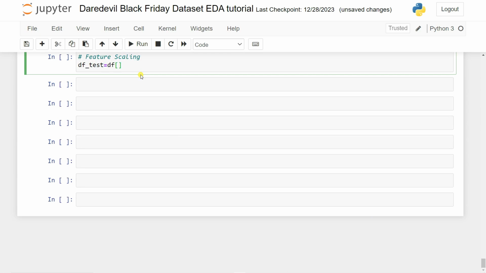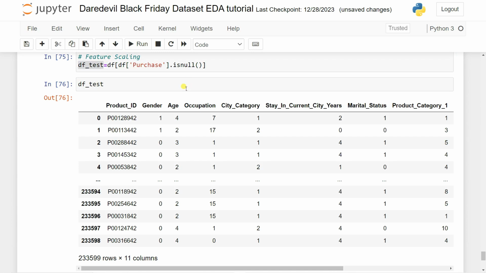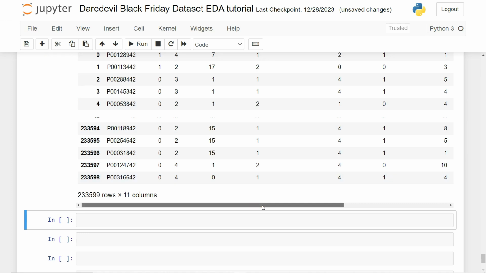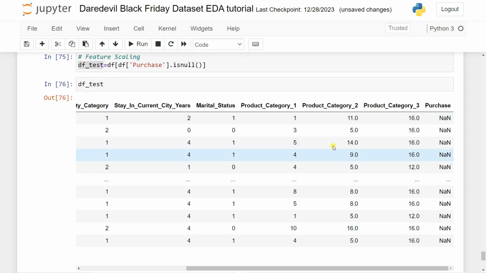So let's say df, and I have to pass in here my df of purchase. So purchase, and let's check for the is null. Let's say is null. Is there any null value or not? Is null, like that. So let's check for the df test. df test से तो शायद निकल गया है यहाँ पर, सारे वैल्यू तो नॉन में कन्वर्ट हो चुका है, राइट. So what I can do, we can simply drop this column from the train. ट्रेन से हमको ड्रॉप purchase को ड्रॉप कर दिया ना,